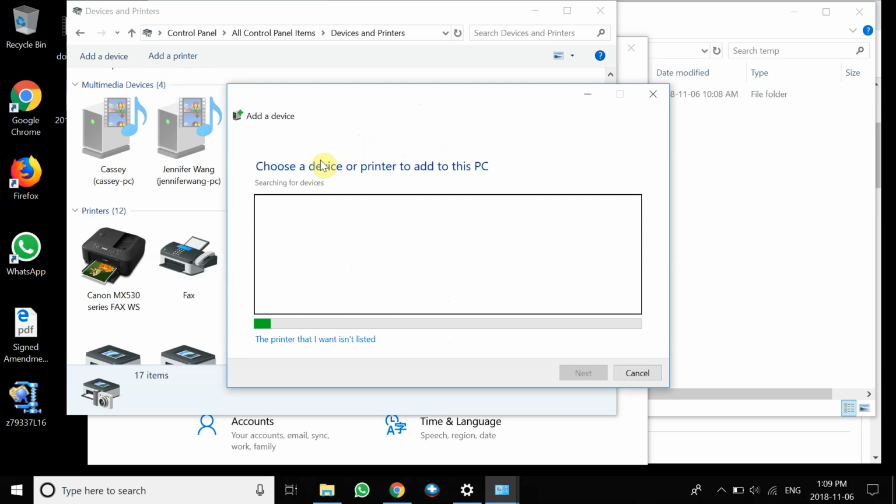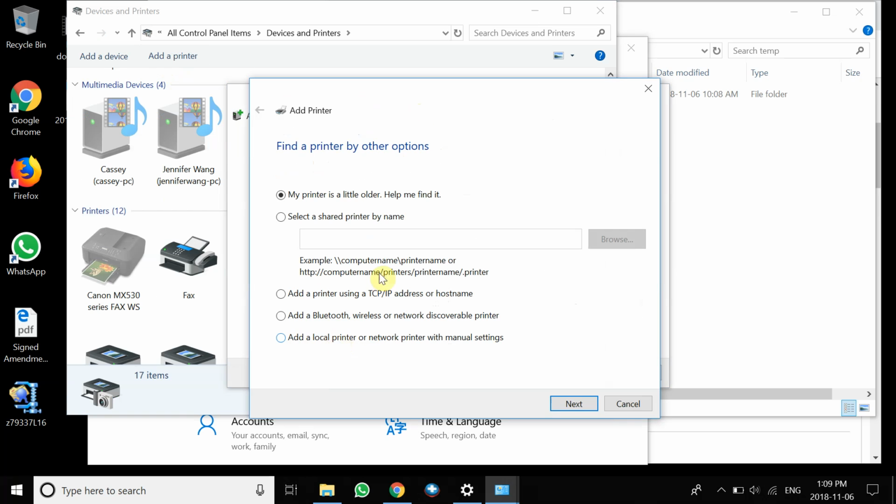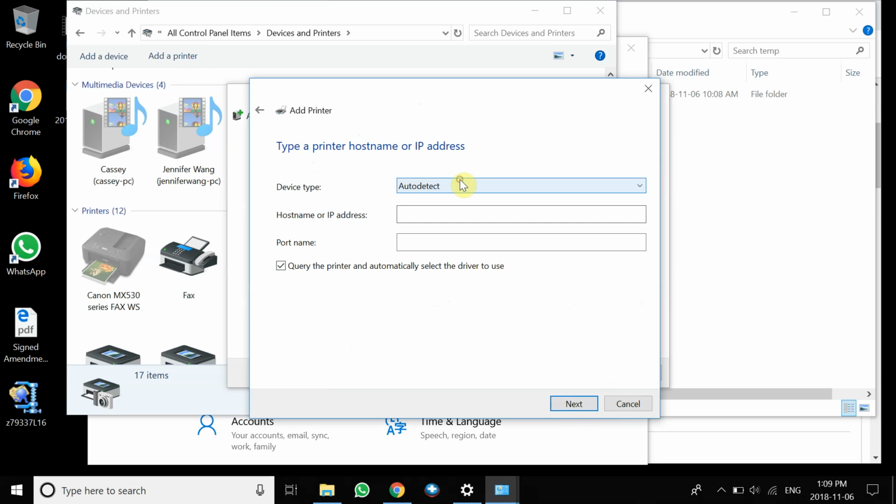You click add printer, and you don't want to allow it to find it, because when it does find it, it will add it in a method that will not work for you. So you go to TCP/IP. You don't want to go to auto detect, you want to add it like that, and you add this IP here,